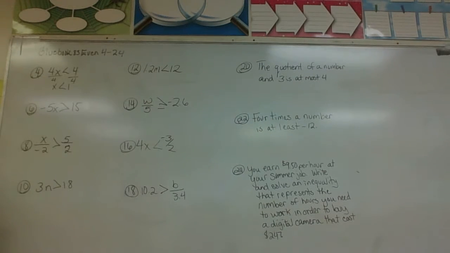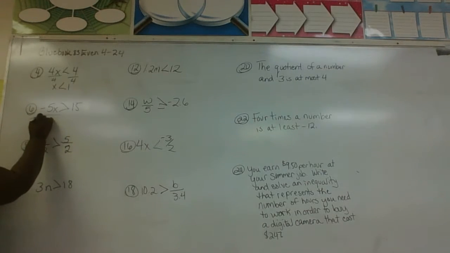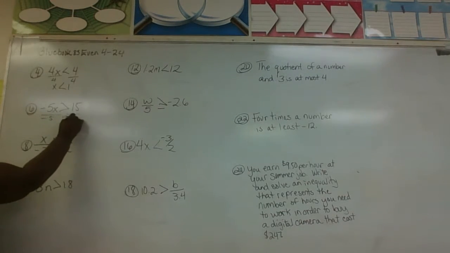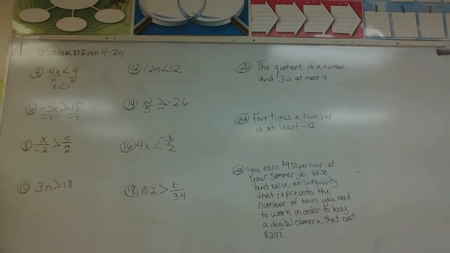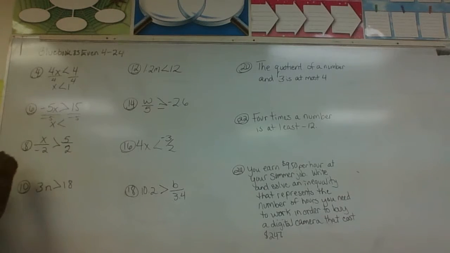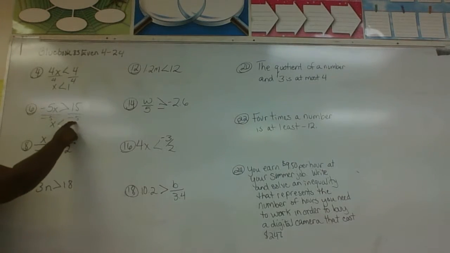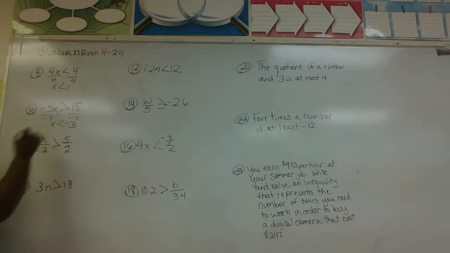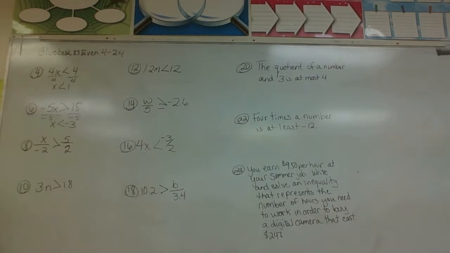Here, number 6, we find that we must divide by -5. Okay, and once we do that, we recognize that once we divide by -5, our x is isolated, but our inequality changes directions. And so 15 divided by -5 will give us a -3. Okay, now from there,